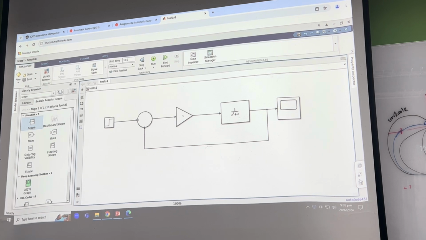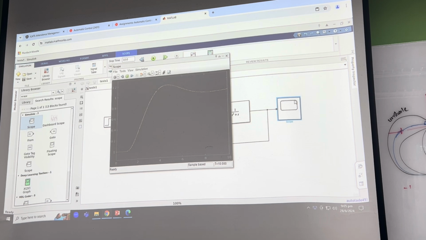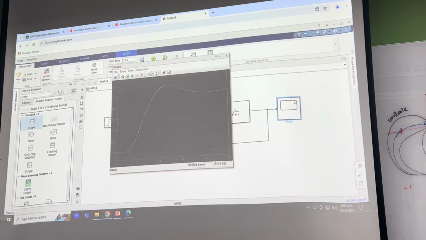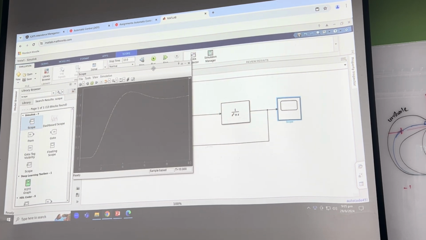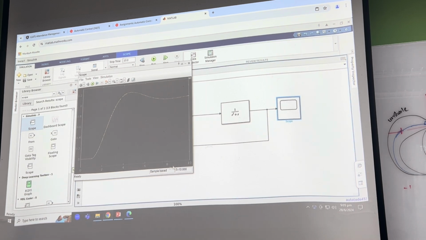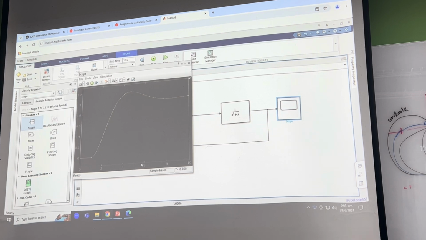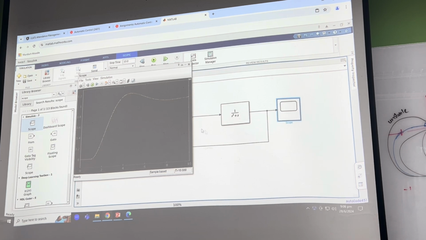Let's switch windows. Okay, so you just double click the scope. You will be able to get a new window which is showing the simulation. Did everyone get it? These graphs are showing the time and also the magnitude. So it's saying that around 10 seconds it gets stabilized, because 1 is the value I set